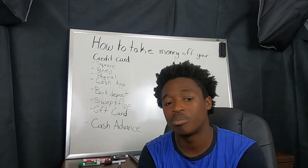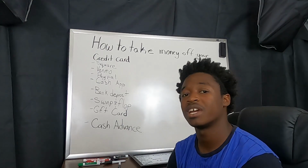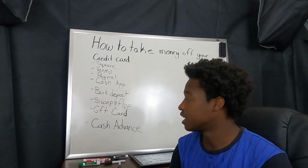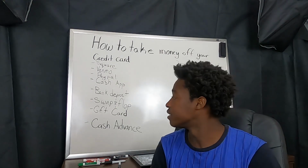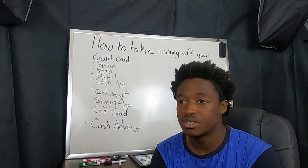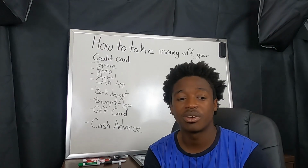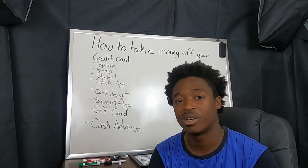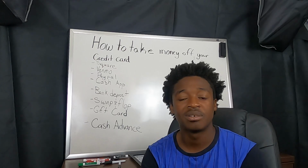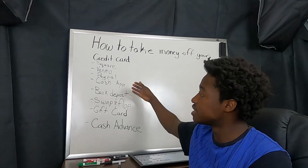But again, you're basically swapping funds between your credit card and cash with another person, and that's another way to pull money out without actually having to take the worst method. The next method you have is gift cards, and this could go with store cards. This could go if you want to buy a grocery card. What I'll do, I've talked about it before, is I'll buy Amazon gift cards sometimes off of my credit card, especially if it's a store card for a store I don't shop at, to keep that card active and to post a small balance. So you can always go with gift cards, but again, just like with this bank deposit method,